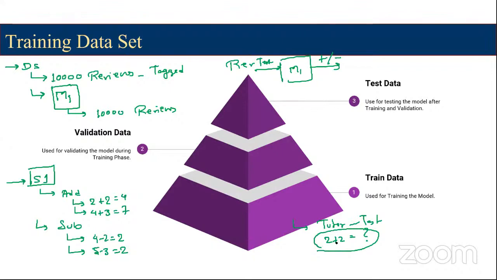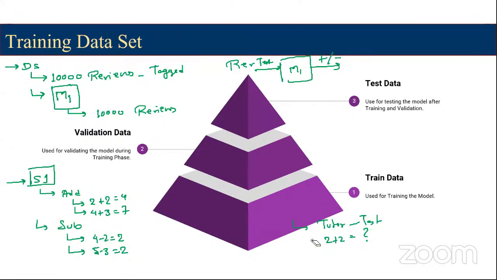No, again, this is not the right way of evaluating. Why? Because if you ask the same example, say here in the training we have used 2 plus 2, right? So what happens is, you might have a student who will focus only on memorizing the stuff rather than understanding the concept, right? So in order to properly evaluate whether a student understood the concept of addition or not, ideally what we should do is ask questions which are similar but at the same time unseen